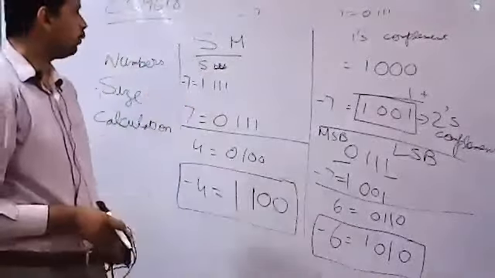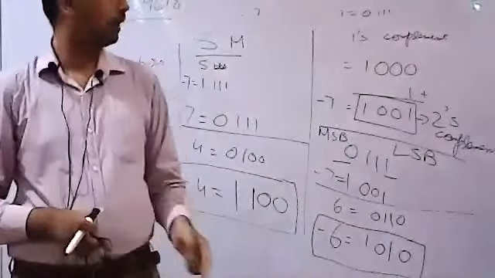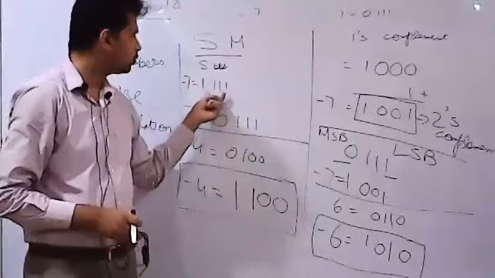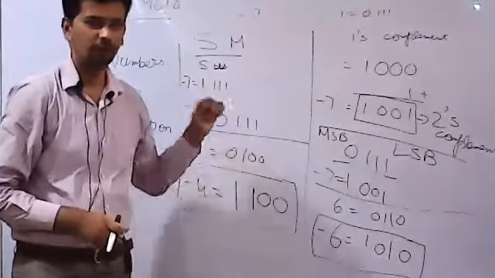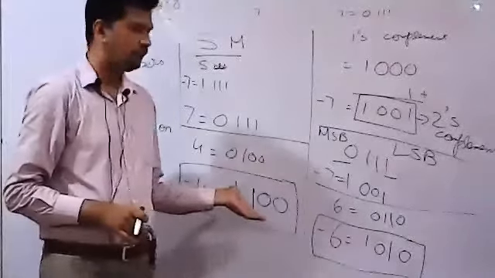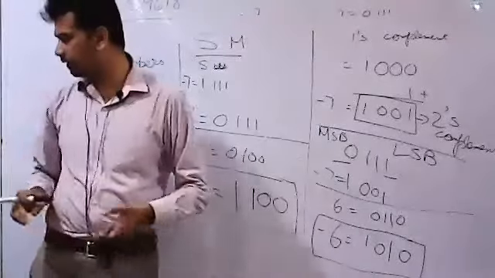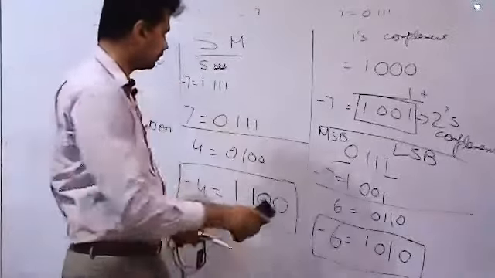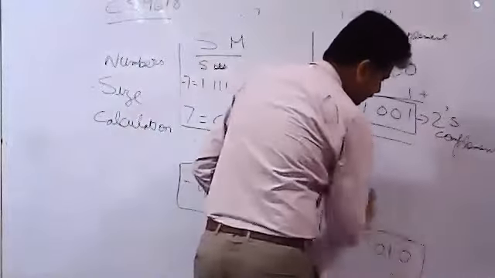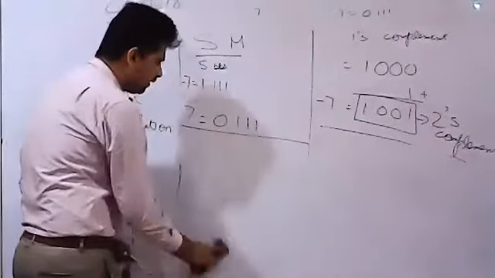There was a sign magnitude method as well, but the sign magnitude method actually consumes 1 bit. I cannot actually use this 1 bit, so that shortens my value. I'm left with the remaining bits to be represented. In the 2's complement method, for my negative values, I can use all the bits that are available to me. For example, with the same standard of 4 bits that I'm going with, if I wanted to represent the negative 8,